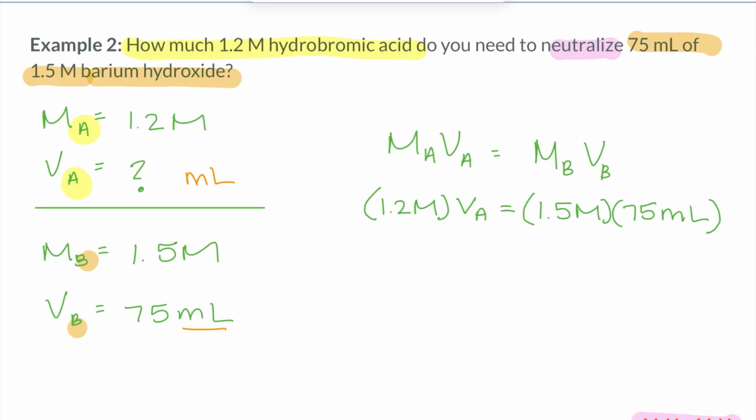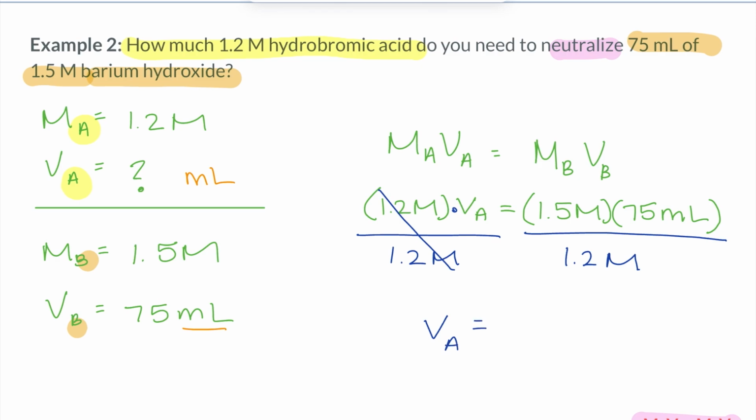And then I'm going to solve to get the volume of acid by itself. And these are connected through multiplication. So we can undo that multiplication by dividing both sides by that 1.2 molar. Those cancel, giving me the volume of acid by itself. And we can go 1.5 molar times 75 milliliters divided by 1.2, noticing that our molarities cancel. And so when I go through and I do that math, I'm going to get